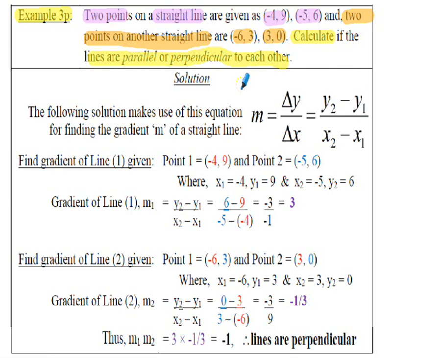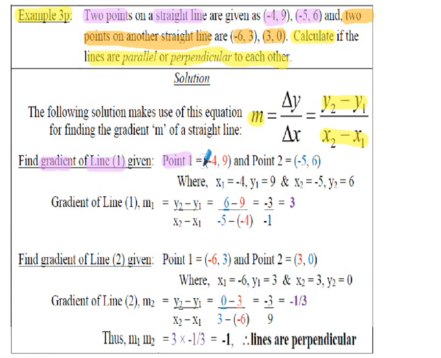So in this particular question we need to find the gradient of both lines. We're given 2 points on the individual lines, so from those 2 points we can work out the gradient m. I'm going to use the formula we highlighted previously, that m is equal to the y2 minus y1 over the x2 minus x1. So the gradient of line 1 given in the example,